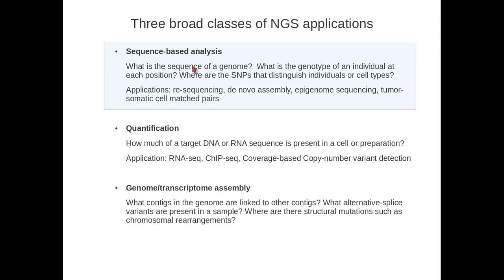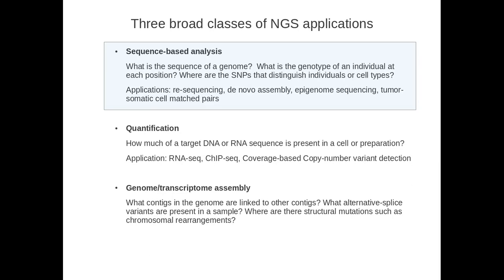So I came up with basically three different areas in which next generation sequencing is being applied. One area is what we all know as sequence-based analysis. What is the sequence of a genome? What are the genotypes of individuals at individual genome positions? And in some cases we want to know the different mutations that have appeared in cancerous tissues, so we can sequence a cancer or a tumor cell and compare that back to the somatic tissues of an individual. I'm including in this the epigenome sequencing, what we call resequencing, which is the sequencing of populations